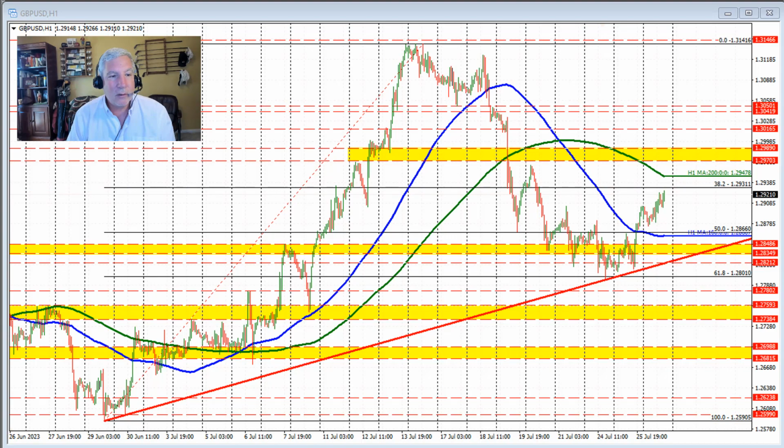pair, and then have traders looking toward this swing area right here, where we had a number of swing highs through here, and then we found support against this area right here before breaking to the downside. We fell below not only the 200-hour moving average here, but also used this area as resistance here, and had one sniff right here before the market rotated to the downside through here. So getting above the 200-hour moving average would have traders looking toward this swing area, and a move above that level opens up the door for further upside momentum, targeting this area through here,